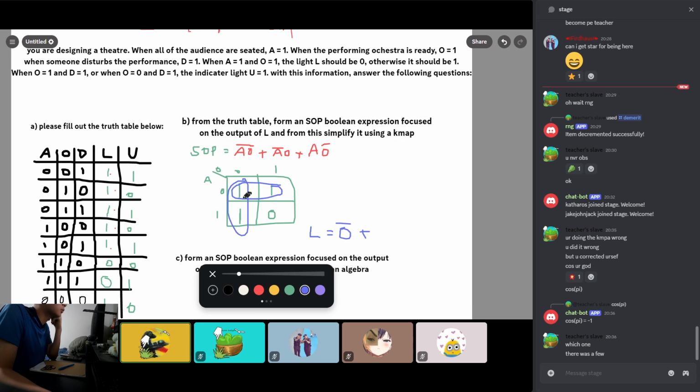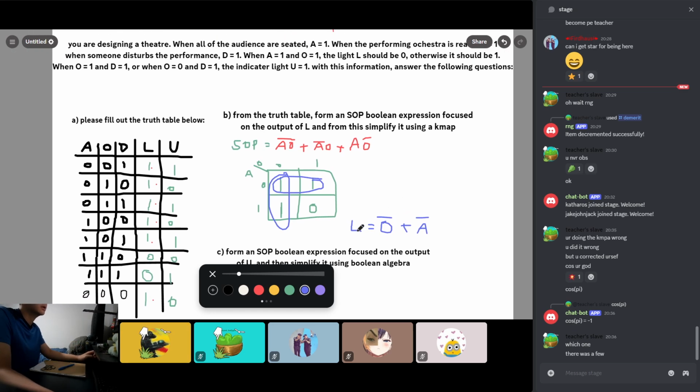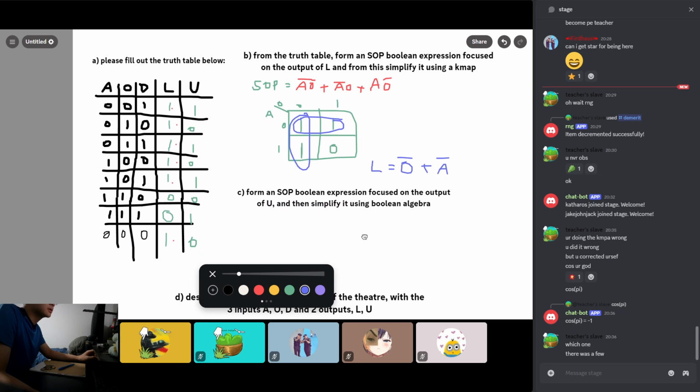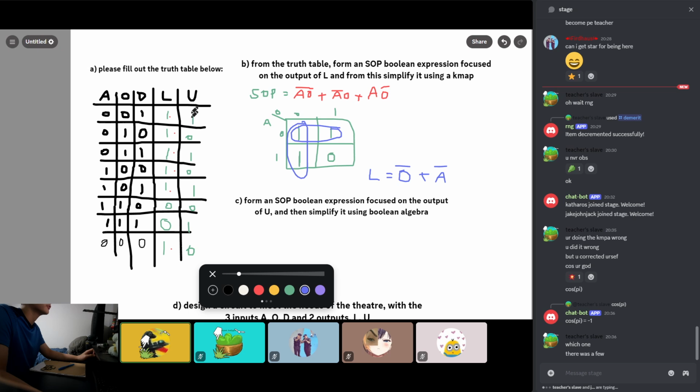Then look at the second group. O is being suka-suka, so A. Okay, so this is the answer for L, simplified with a K-map. If you got this, then good job. Next, form an SOP Boolean expression focusing on the output of U, and then from that,